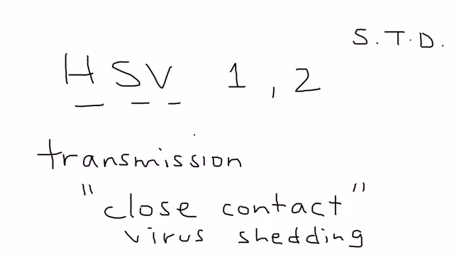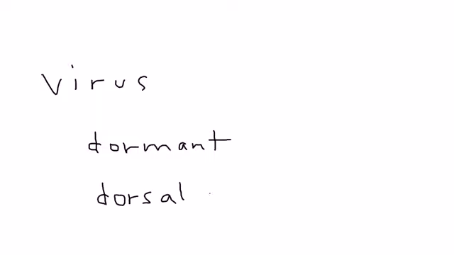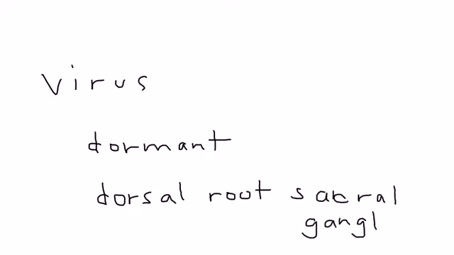Now, what's important about this virus that is rather sad and unfortunate is that it lays dormant in the nerves, and in particular the dorsal root ganglia, dorsal root sacral ganglia. Now, what can happen is that this virus can then be reactivated because of some triggers. So periodically you can get a recurrence